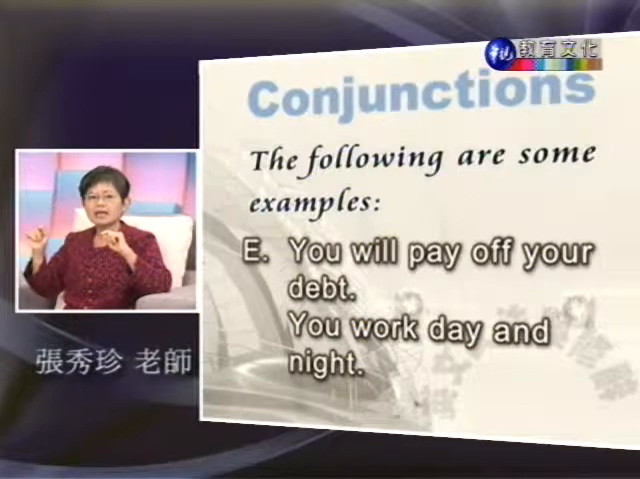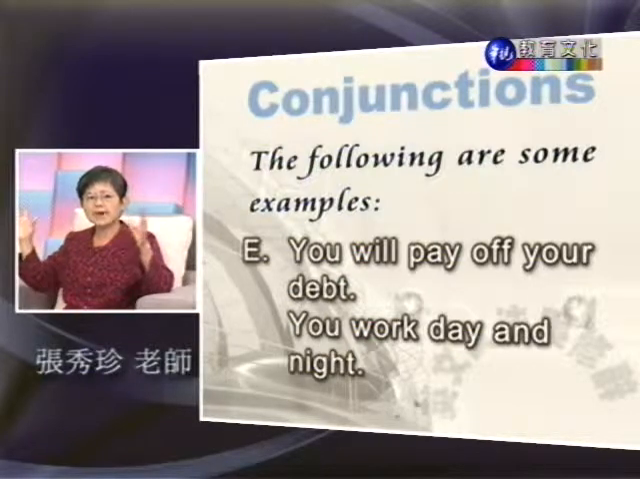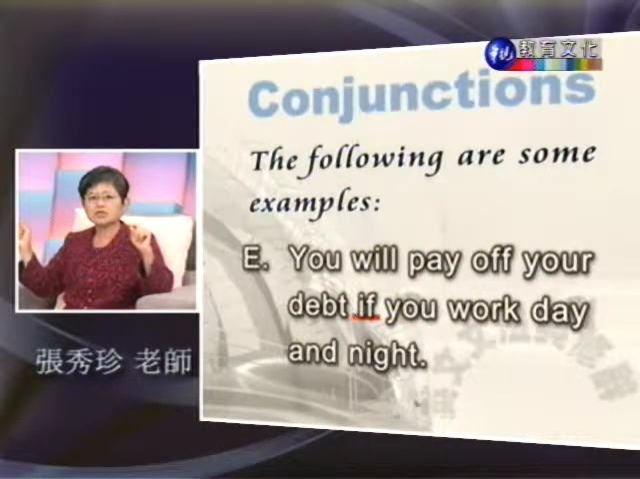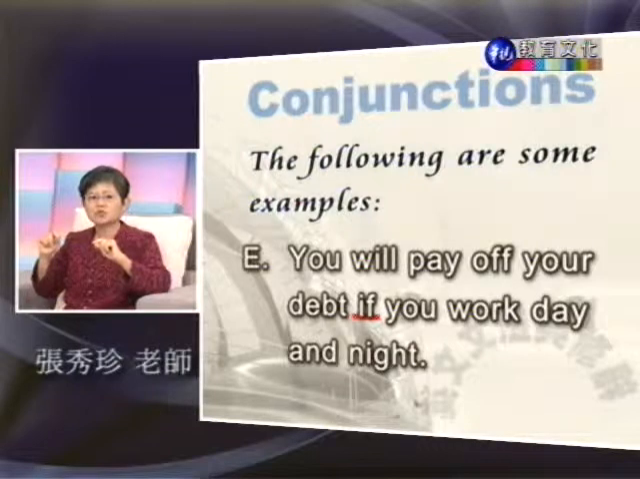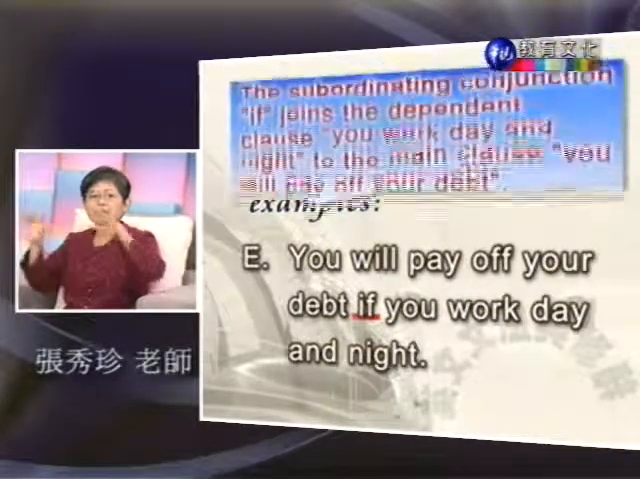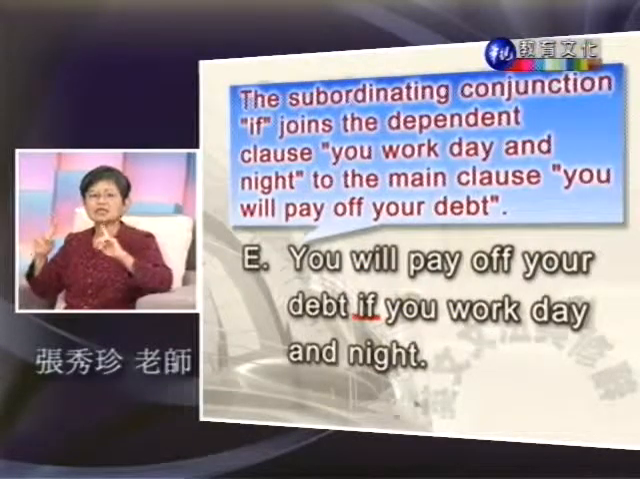第二个句子 You work day and night，日以继夜地工作。我们把两个句子合成一个：You will pay off your debt if you work day and night，假如你日以继夜地工作，你一定会还清债务。这个 if 把两个子句连接成一个句子。好，我们讲解到这里结束。